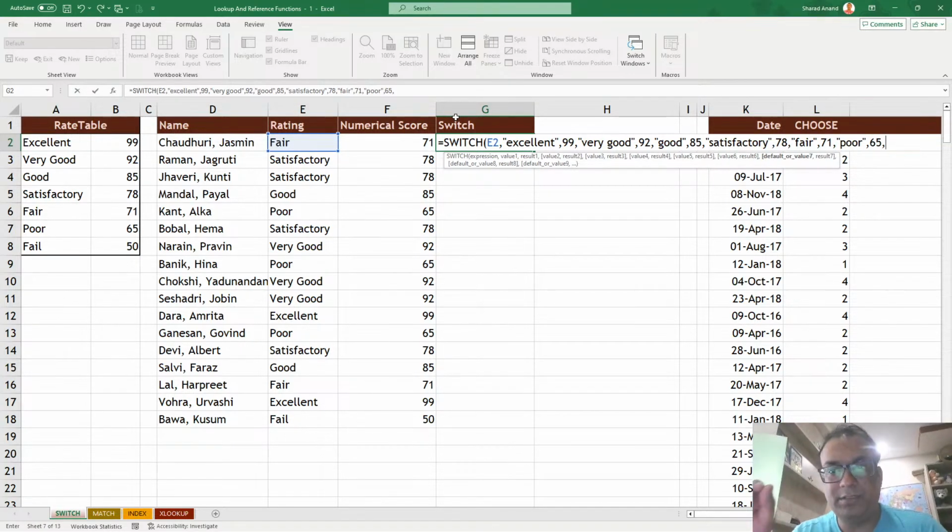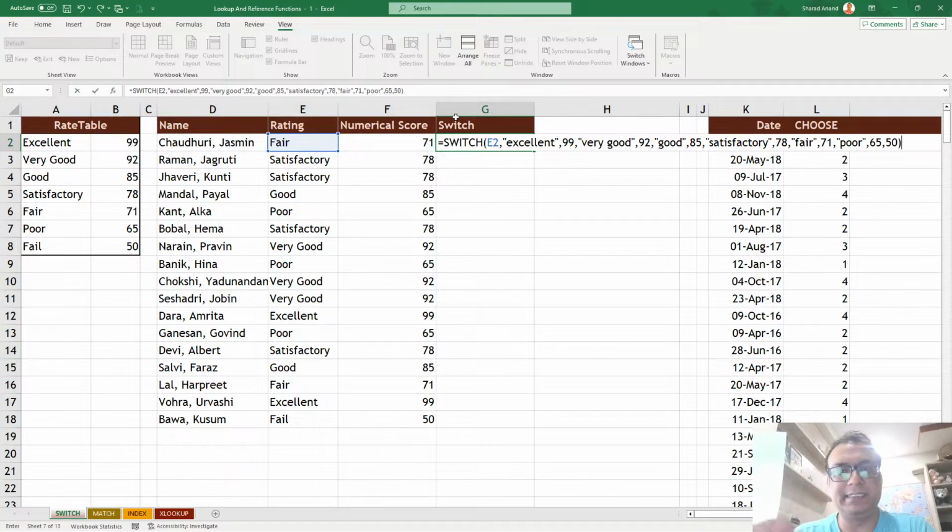Now, it also says value 7 or default or result 7. So for everything else, whatever is there, you give me 50. I'm not going to type in fail there, but if anything other than all these items is written, I'll only get the number 50. And I'm going to close this parentheses, press enter, I'll get the same answer,